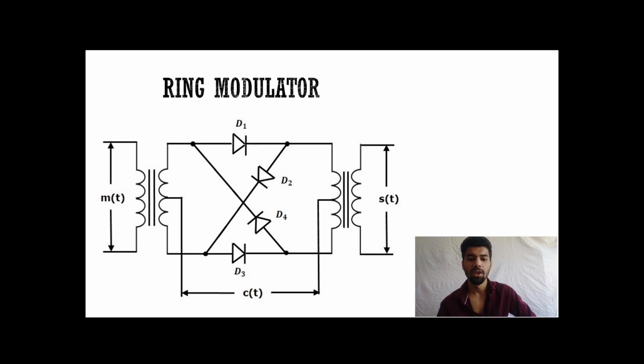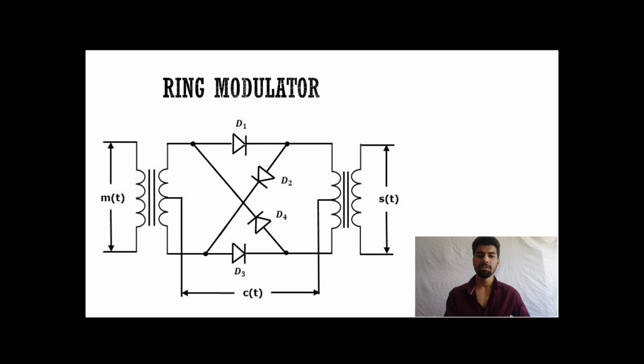In the second case, when the message signal is given, that is with m(t), the D1 and D3 diodes will act as reverse biased and D2 and D4 become forward biased. Now the direction of current will be from the center tap of the transformer, that is the second one, center tap to D2 and center tap to D4. These again are of the same magnitude and opposite in direction. So this will again cancel out each other and we will get output as 0. That again means that the carrier is suppressed.